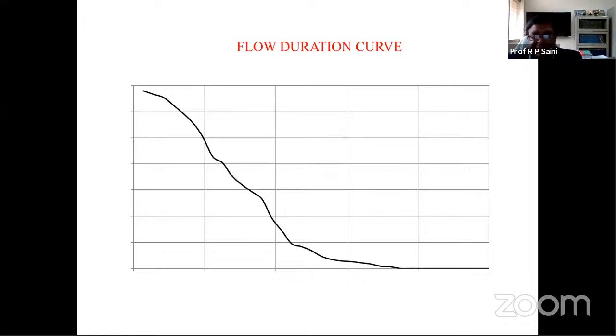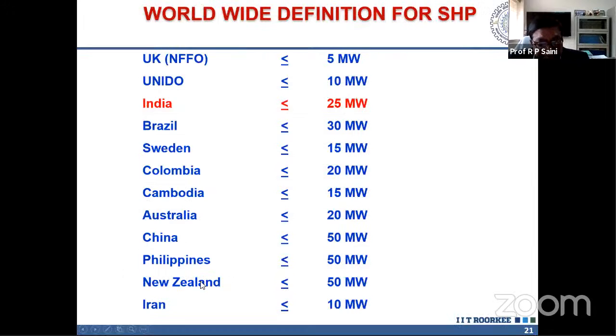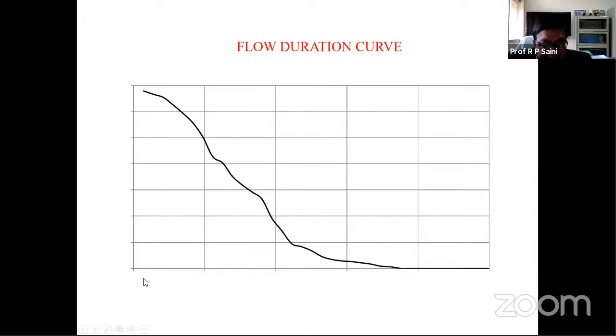So I think this is the thing here. This is the discharge, and this is the percentage of time. So the shape of this curve will be this. If somebody wants to, let me tell you that this exercise is a very extensive exercise, but I'm just giving some basis of that. So this is percentage time. I think this axis is missing over here. Sorry. So this is the percentage of time.